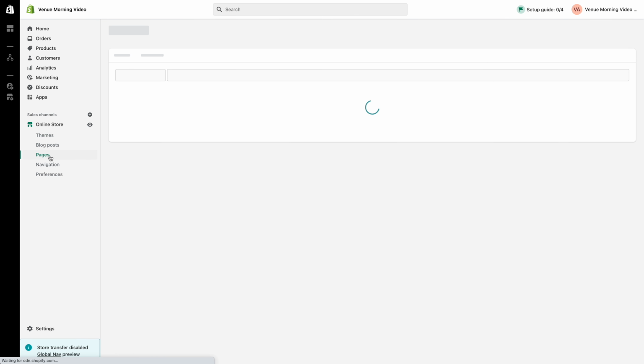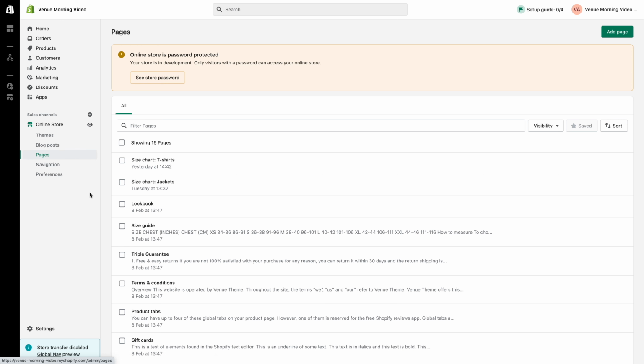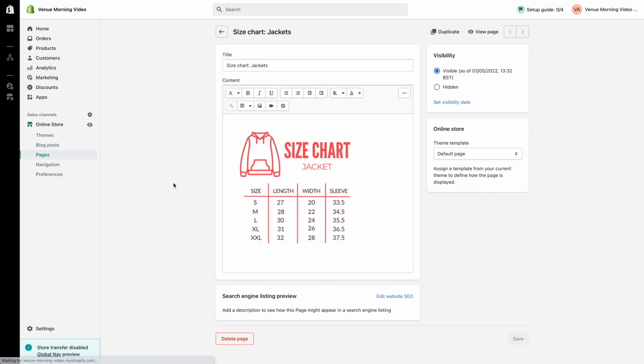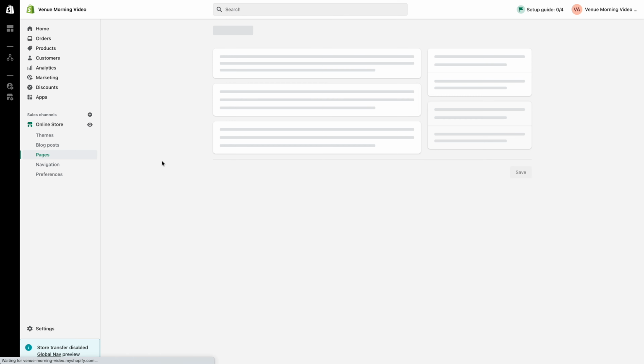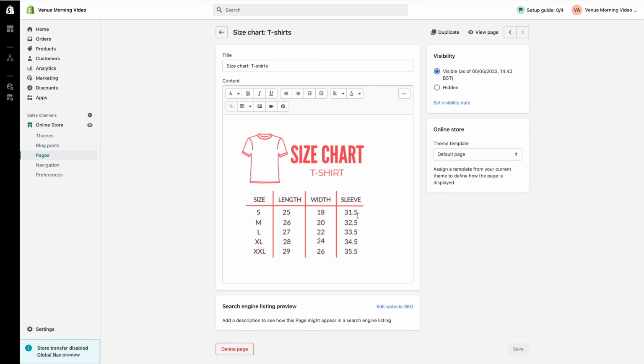The first size chart I created is for my jacket products, and the second size chart is for my t-shirt products. I've placed these size charts into pages which I will specifically use for the purpose of displaying size charts in the relevant product pages. Next, I need to create the metafield I'm going to use in order to make this